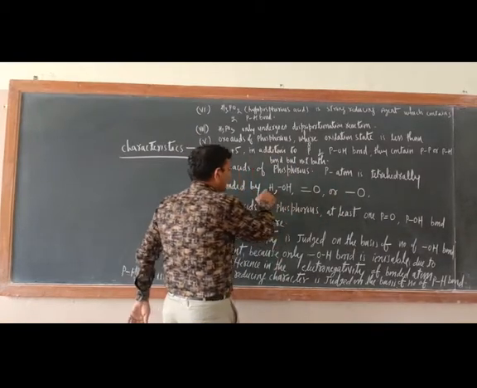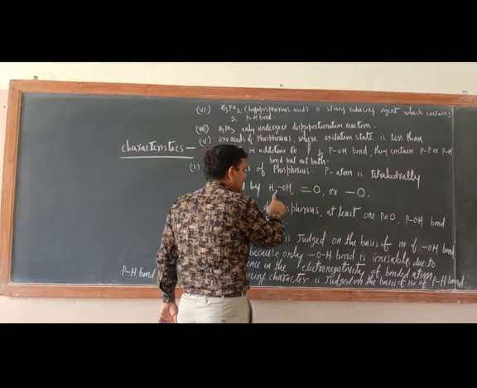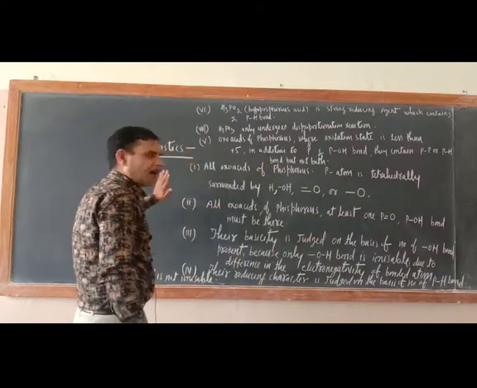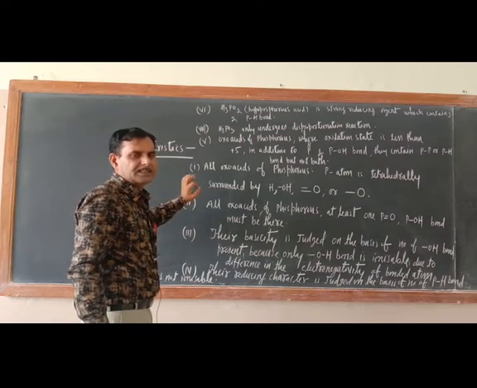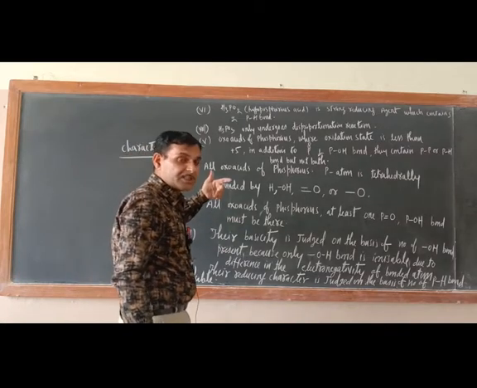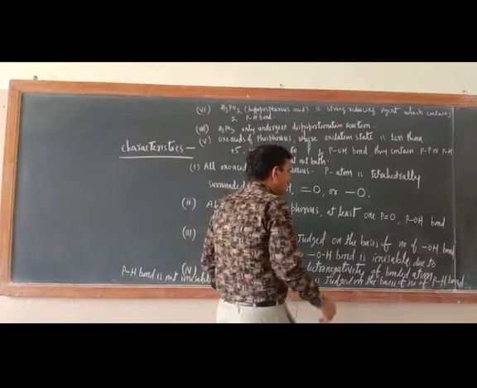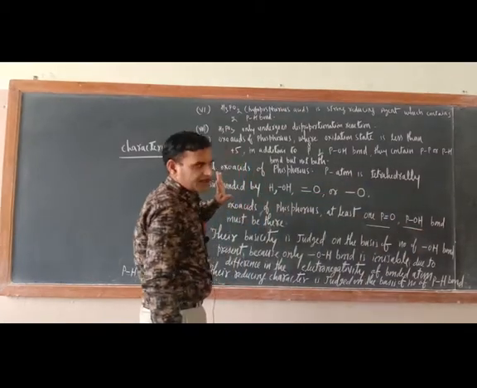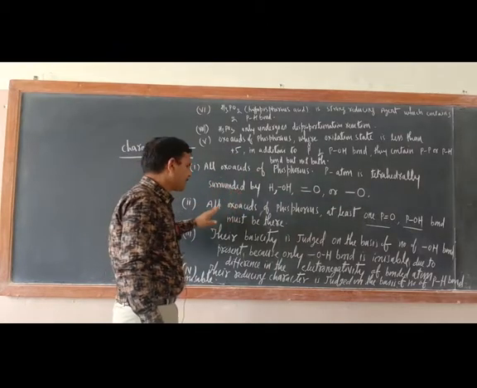Don't get confused. The meaning of this is that the P atom is tetrahedrally surrounded by P-H, P-OH, P double bond O or P single bond O. Are you getting my point? So one thing is sure, all oxo acids of phosphorus have a tetrahedral structure, and in a tetrahedral structure the hybridization state is sp3. In all oxo acids of phosphorus, at least one P double bond O or P-OH bond must be there.